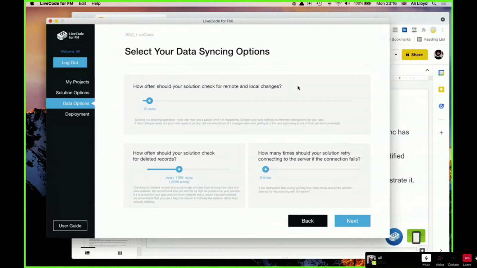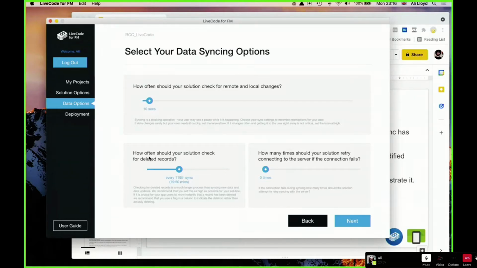Now this gives you some of the initial syncing options. This 10 seconds here is effectively the polling interval that I was talking about before. So currently this says every 10 seconds I want to check the server solution and see if there are any changes.